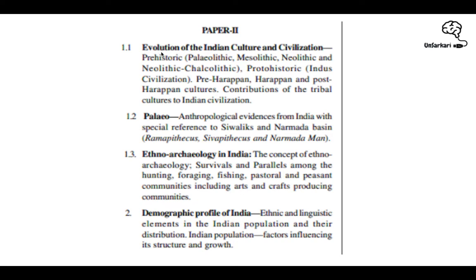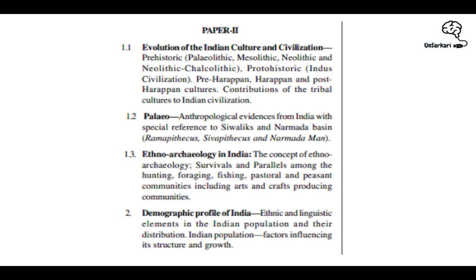So the first unit is about evolution of the Indian culture. Again, you're going across these terms: Paleolithic, Mesolithic. You'll study about sites, the Neolithic sites in India, which are the Neolithic sites or which are the Mesolithic sites. Then the Proto-historic age, which is the Indus Valley civilization. Indus Valley forms a very important part in history, even in the prelims or even in the mains. The important findings and its relevance in the coming post Harappan age, even today. So pre Harappan, post Harappan, the culture relating to it, for example,